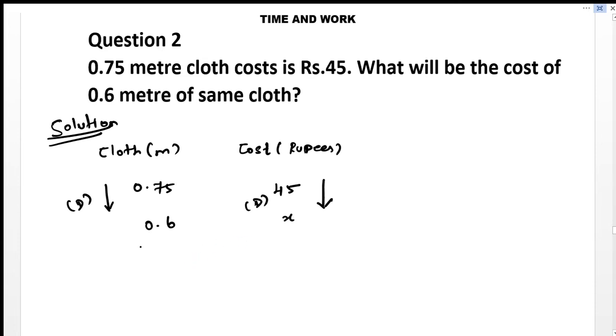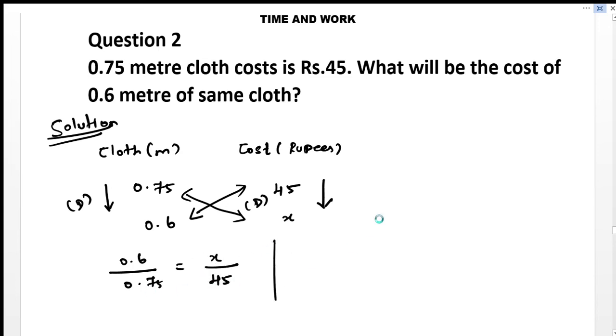So that is a direct variation method. Or else simply cross multiply this. Or else, the arrow head divided by the tail is equal to x divided by the tail. Simply cross multiply. Therefore 0.75x is equal to 0.6 into 45. Therefore automatically x is equal to 0.6 by